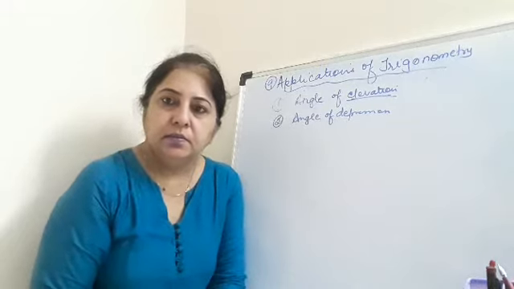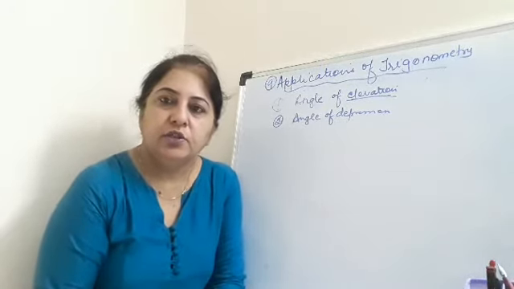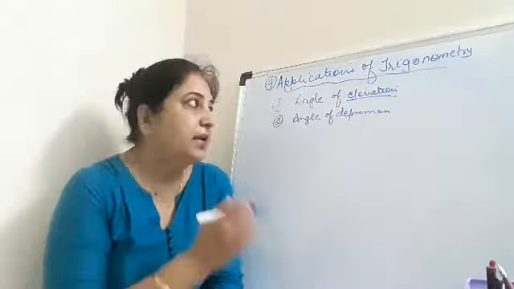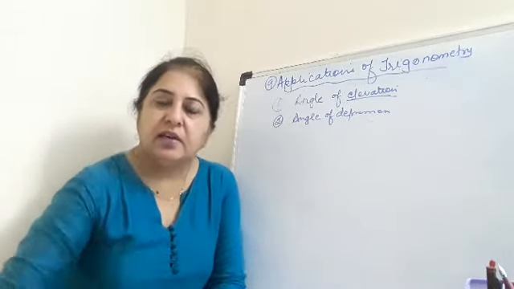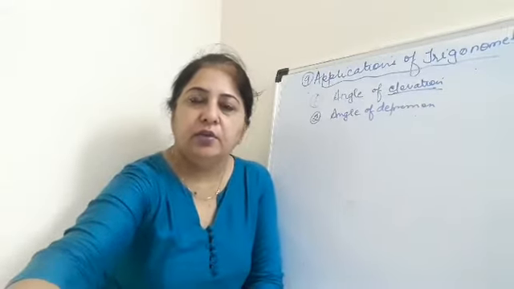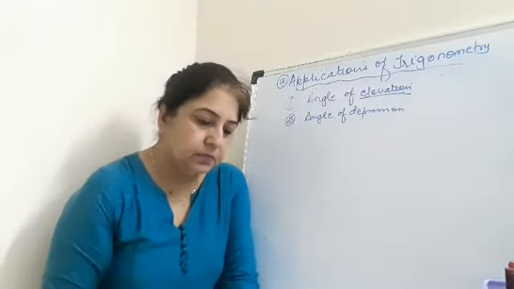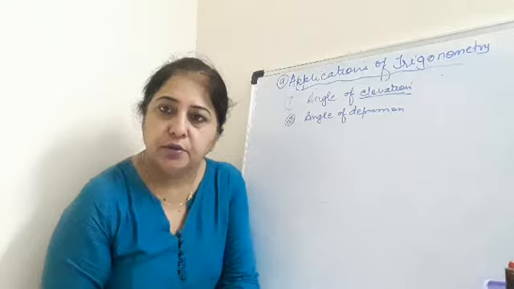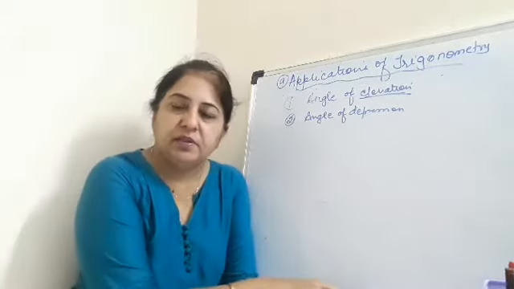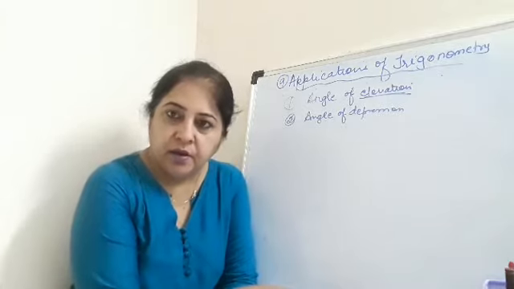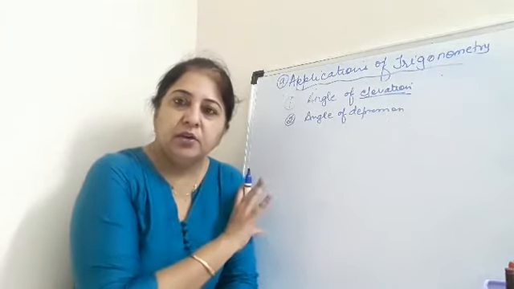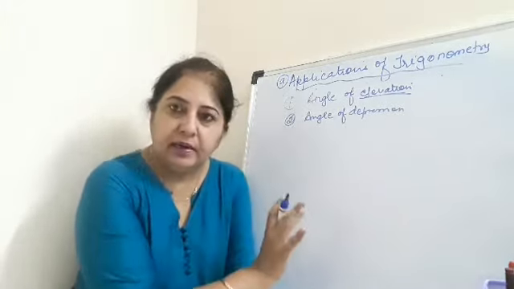Good morning, girls. Today we are going to begin the new chapter in maths, that is Applications of Trigonometry, chapter number 9. Right, when we were studying trigonometry, chapter 8, I told you that there are different ratios, trigonometric ratios. Then there are ratios of the specific angles. All that we have studied in chapter 8. Now, using that knowledge, we are going to study chapter 9.